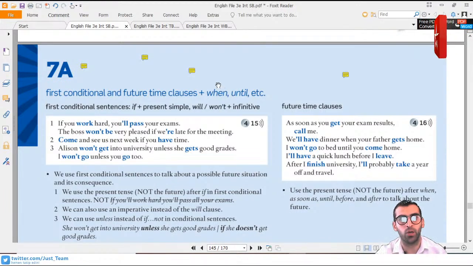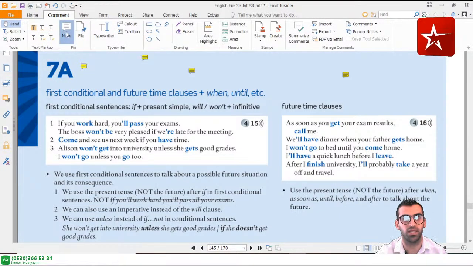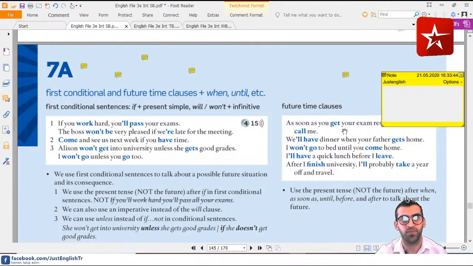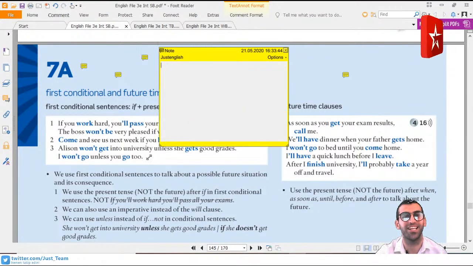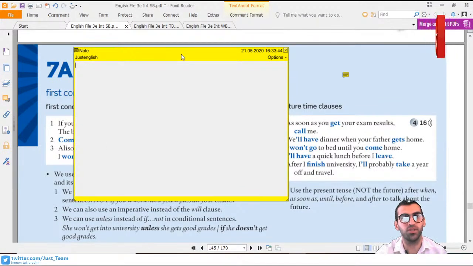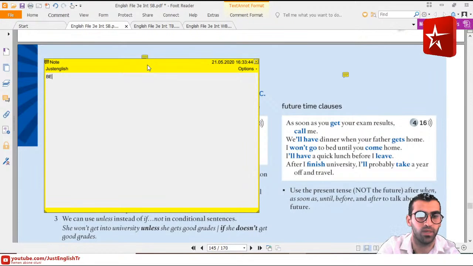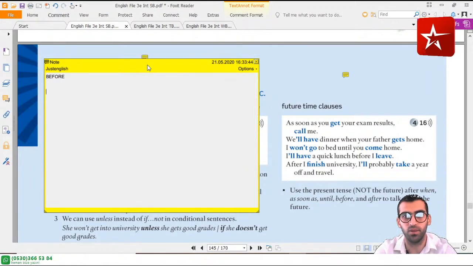I will have a quick lunch before I leave. How can we make a sentence by using leave? Sorry, not leave. Before. Let's use before. How can we use before? For example,